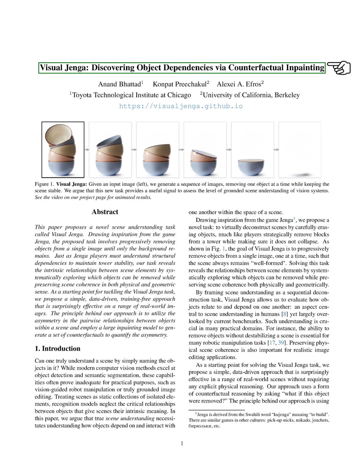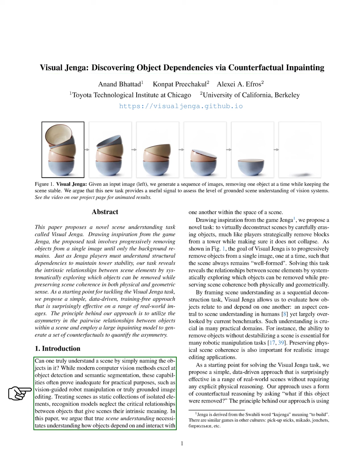Section: Introduction. In this section, we explore whether simply naming objects in a scene leads to true understanding. While modern computer vision excels at detecting objects and segmenting images, these methods often fall short in practical applications like robot manipulation and grounded image editing. We recognize that current models treat scenes as static collections of isolated objects, overlooking the vital relationships that give scenes their meaning. We argue that genuine scene understanding requires us to grasp how objects interact and depend on each other